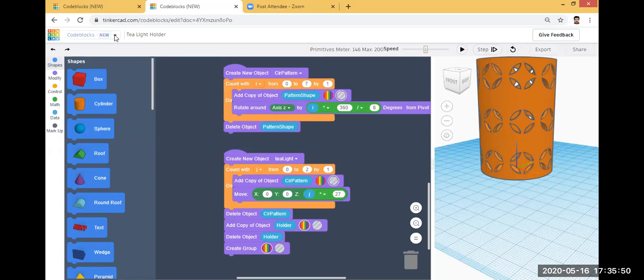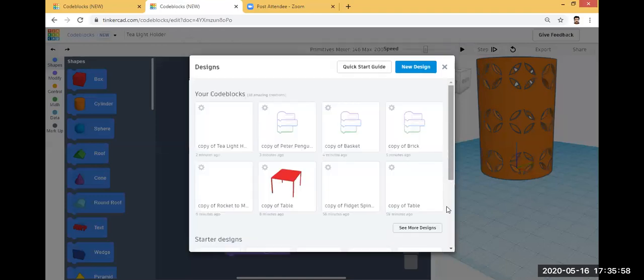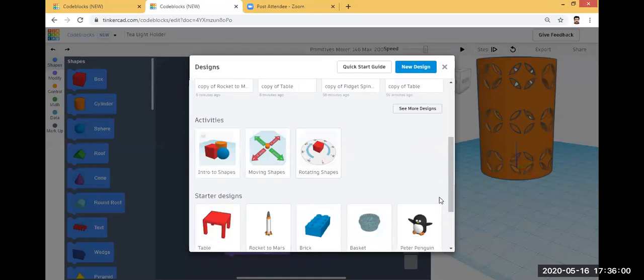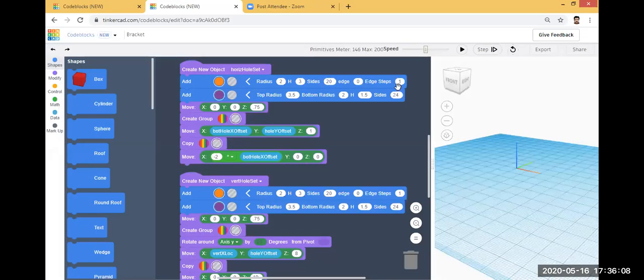Okay, so the next example is a bracket. I will click the play button.